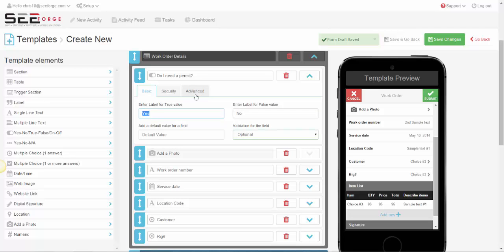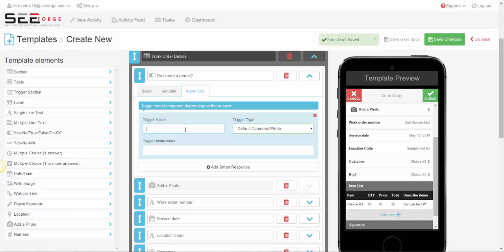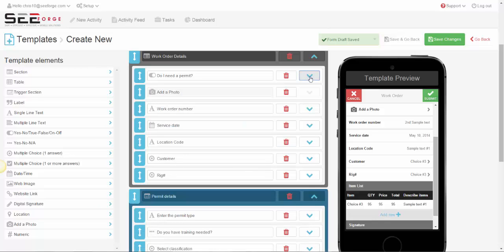So you click the Advanced tab, and we add a smart response to say trigger value is yes. So if it's yes, trigger type permit details. And we can put in some simple instructions to say, please complete permit. And we click this tab to go up. And now we've created a trigger section. So let's have a look and see what this might look like. So we hit Save Changes,